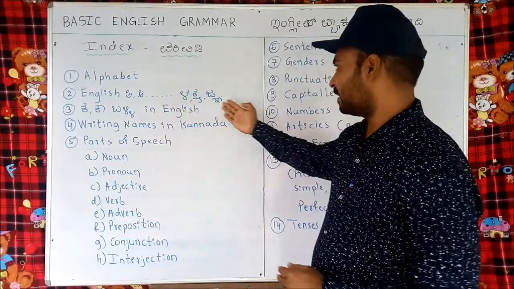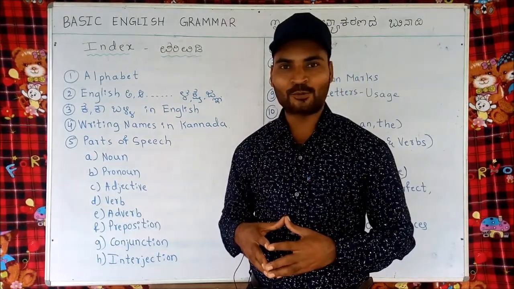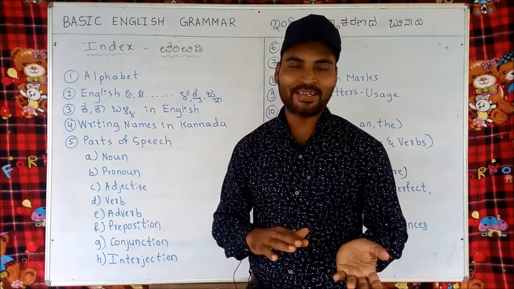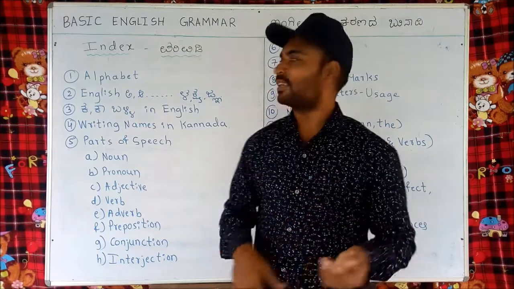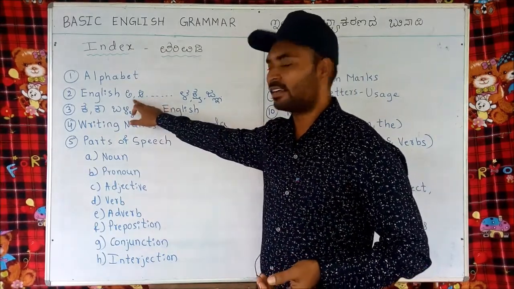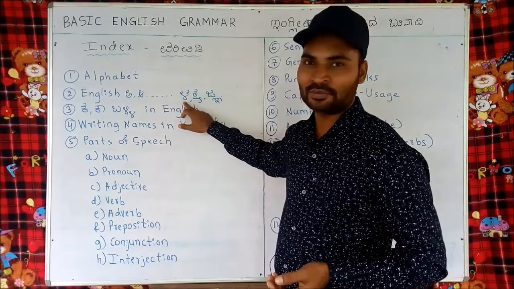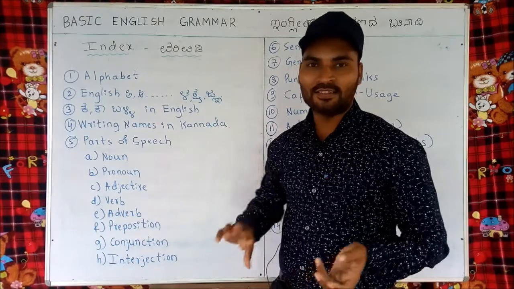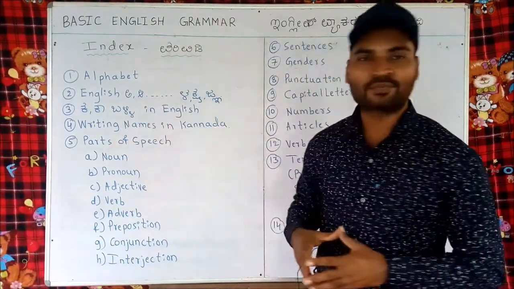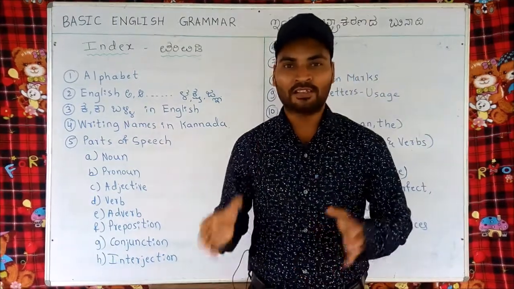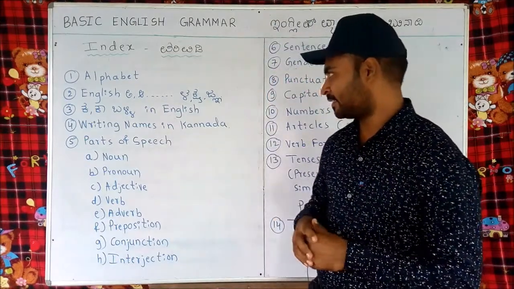Then English Alakshadnya. We Kannada medium students have to use Kannada and English. Sometimes we have to write Kannada in English. That's why we must learn which letter of Kannada is represented by which letter of English. So this topic is also there. Kakaballi in English. Then ka, kaa, ki, kii. How we should write these ka, kaa, ki, kii words in English, that we learn in this third lesson.